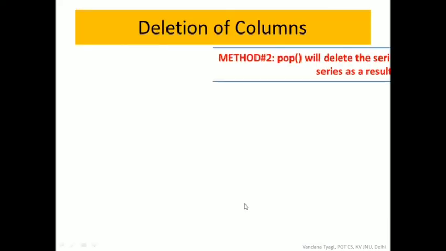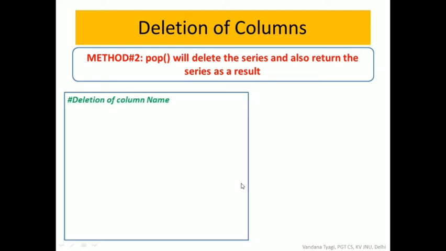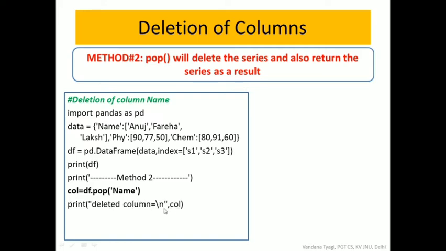Now second method, we are using the pop function. This pop function will extract a particular column that we want to delete. So we have to specify that column label over here, like we have written df.pop name. If you see, this pop function always gives me the deleted values to be stored somewhere. So we have taken a variable called col, where we are storing the names which are to be deleted from my data frame. We display that deleted column also, as well as my data frame after deletion.